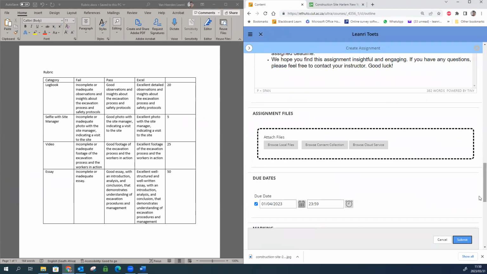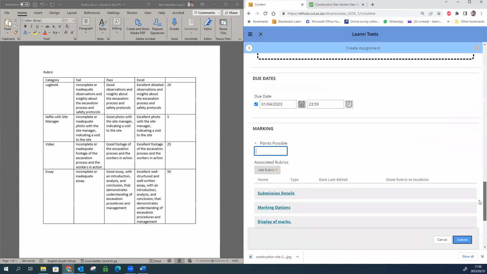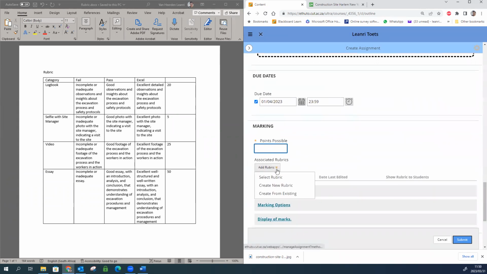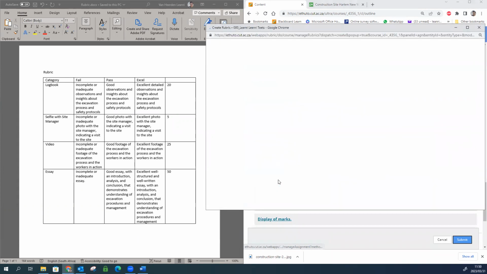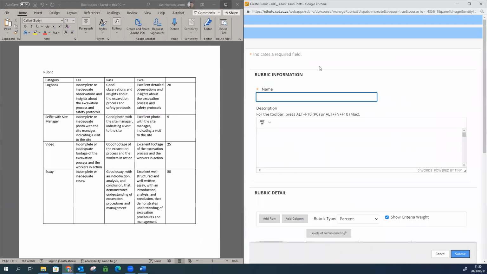So I'm going to just separate here so that you can follow along. It's a pity you can't share 2 screens as well. That would be nice. Okay, so I'm going to create a rubric for this. Create new rubric. And I'm just going to open that here. I'm going to call this